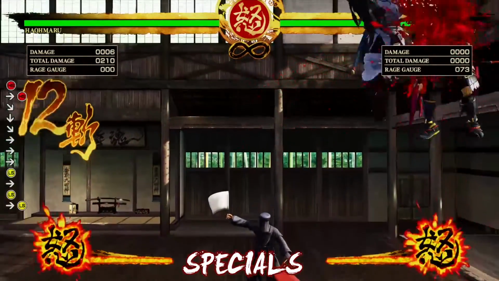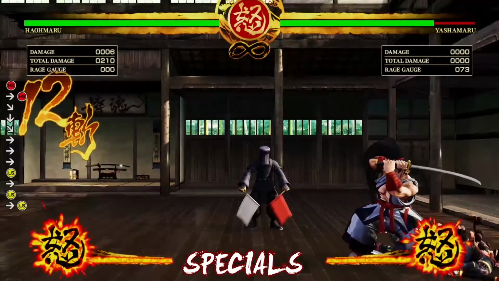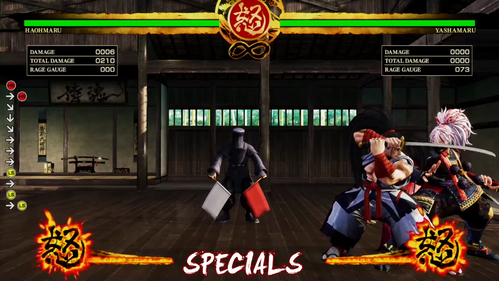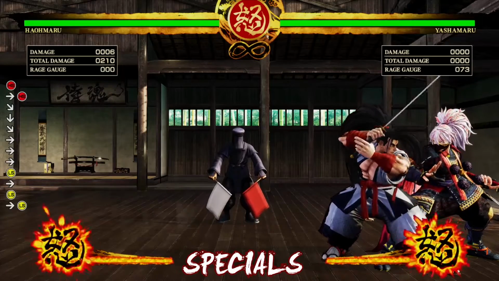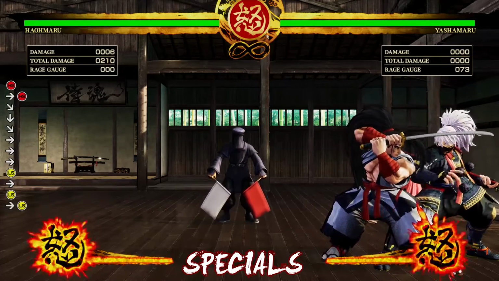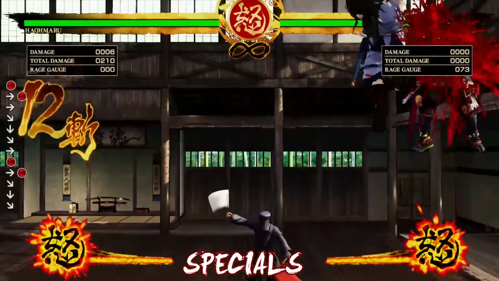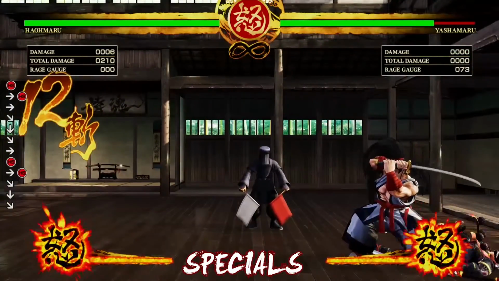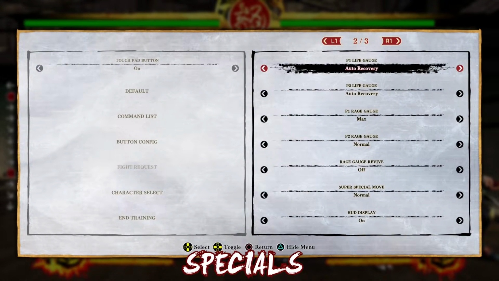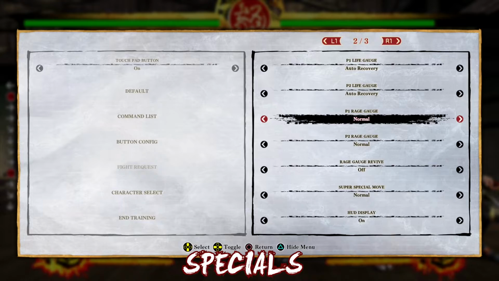Now notice, with the power gauge filled, it basically turns this move into an EX move of sorts with the same input. You don't need to add any other button. Just the fact that you have your power gauge full, it changes from a 5-hit combo move to a 12-hit combo, obviously with more damage. Let's go back and get the